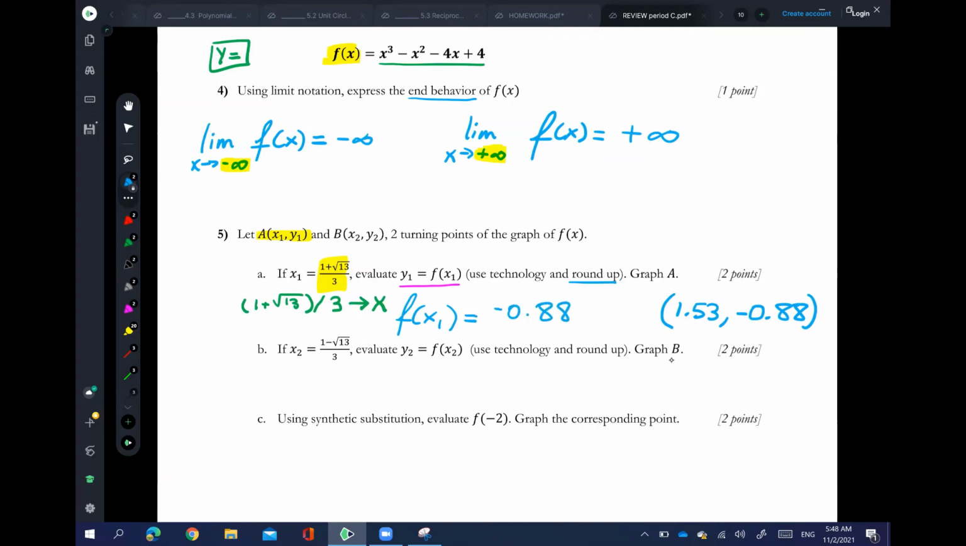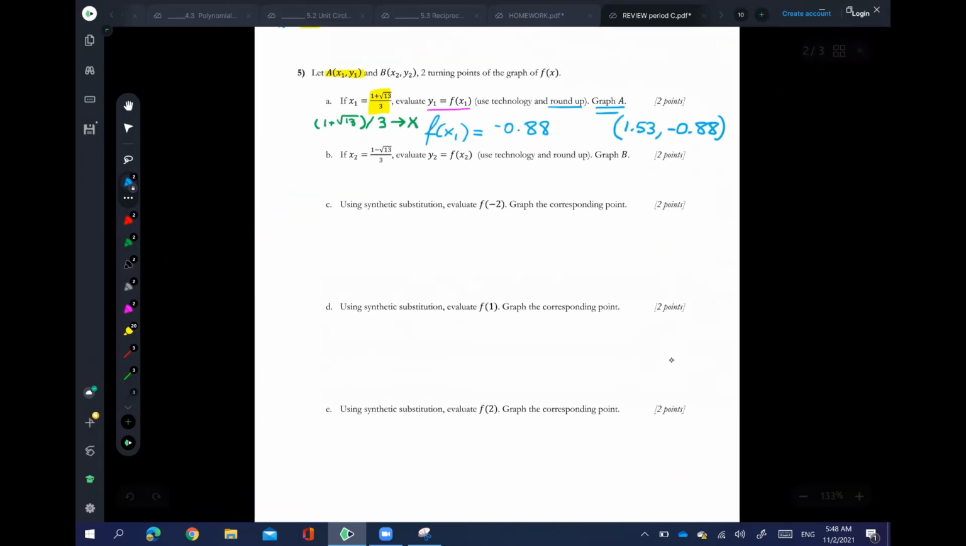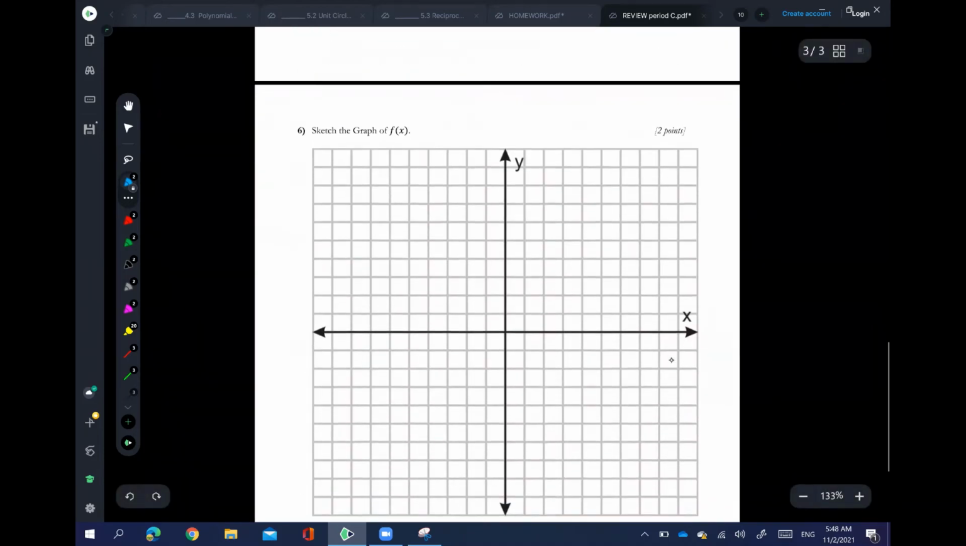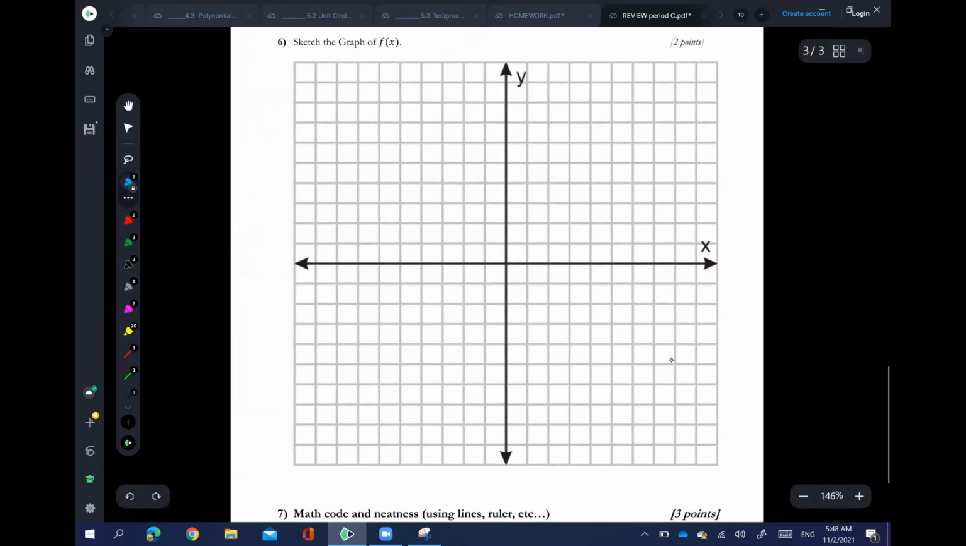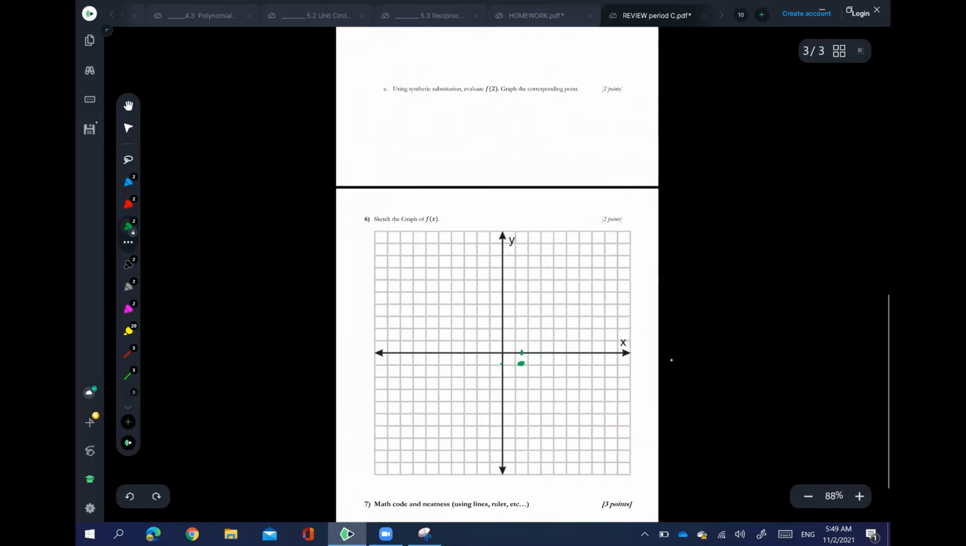Okay? And then I need to graph it. So you can use your graph ruled paper to sketch that. So I had x1 equals 1.53 roughly here, and y1 I found negative 0.88. So it's going to be right here, roughly. And I'm going to do the same thing